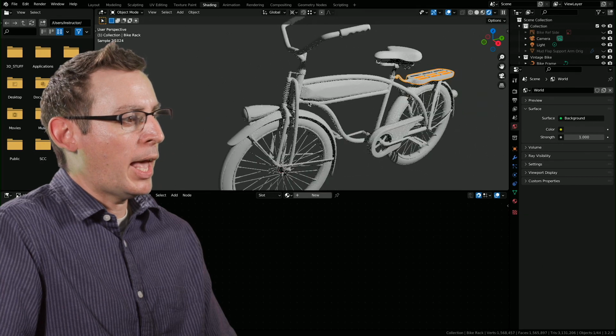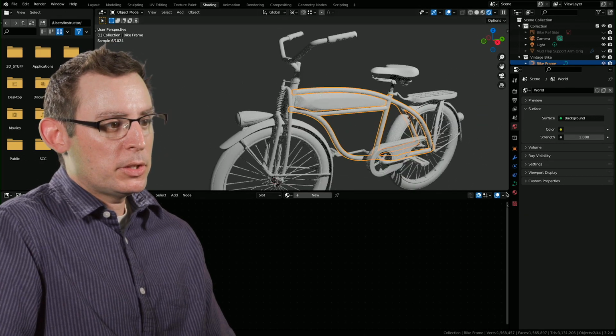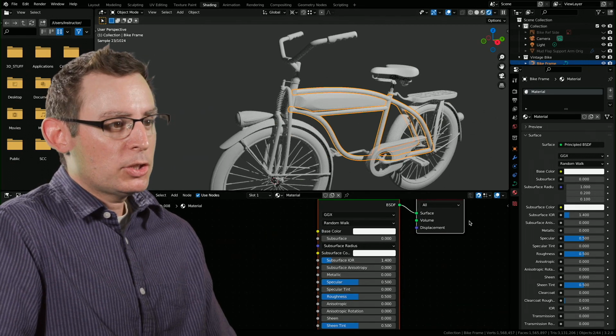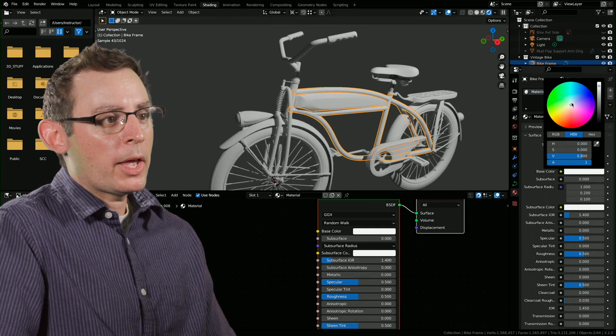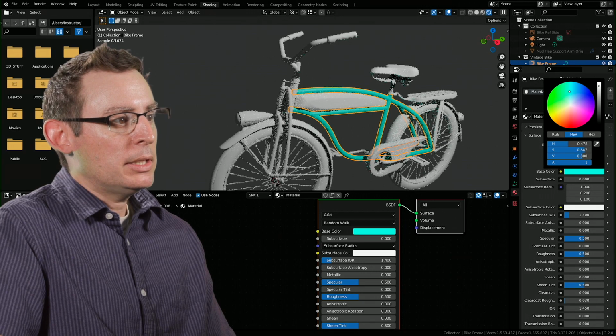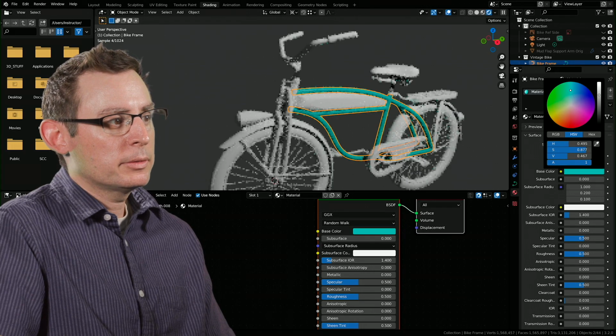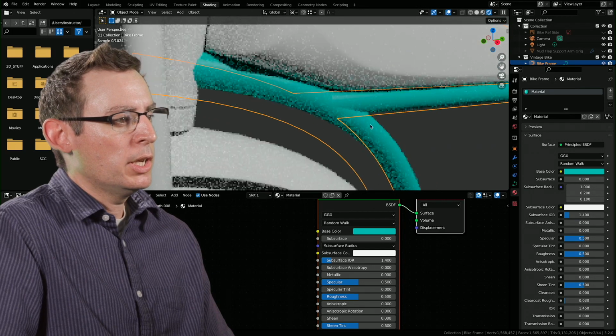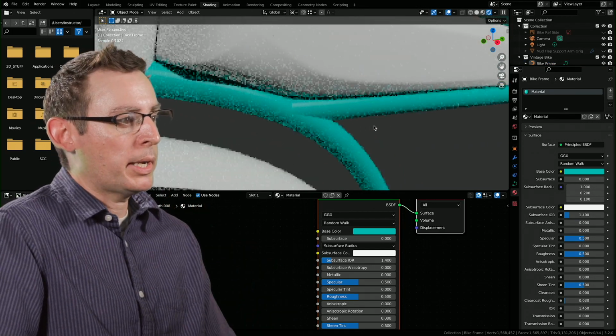And we're going to be looking at the material that's on the bike. And it actually currently does not have a material. Let's just give it a lovely, I don't know, kind of a teal blue color somewhere right around in here. That might be kind of fun. And I want you to draw your attention to how I've constructed this bike itself.